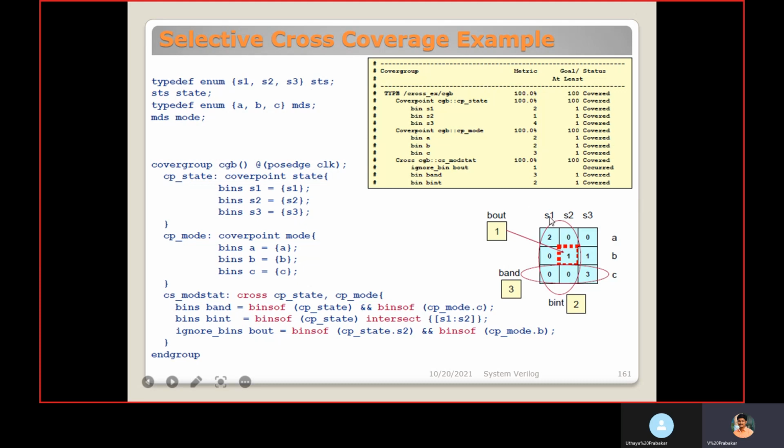So S1, S2, S3, and binsof CP mode dot C. Selectively we are choosing the C value.